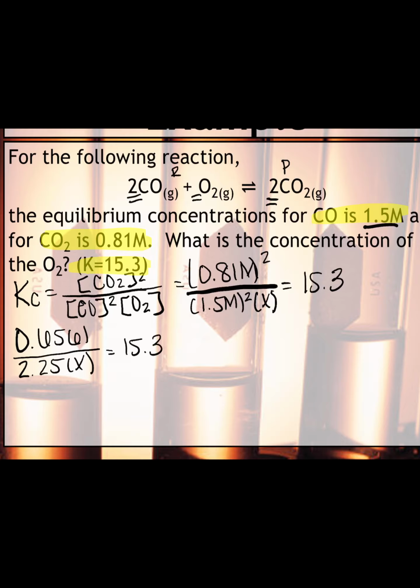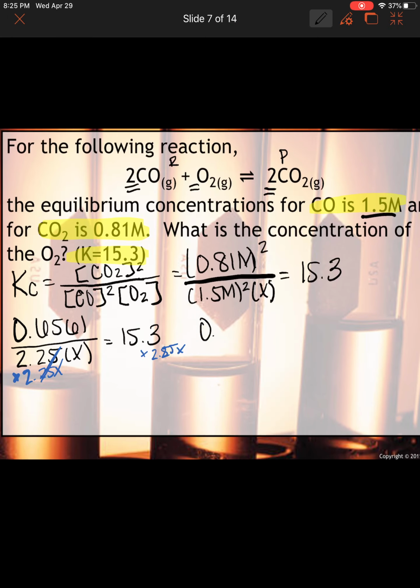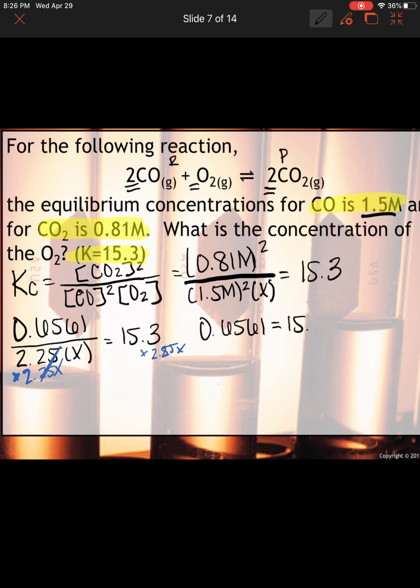Okay, so whenever I'm solving this, I want to get X by itself. The first thing I want to do is move X from the denominator up into our numerator. So I do that by multiplying both sides by the reciprocal. So times 2.25 X cancels out here, times 2.25 X. Okay, so let's go ahead and rewrite this. So I have 0.6561 is equal to 15.3 times